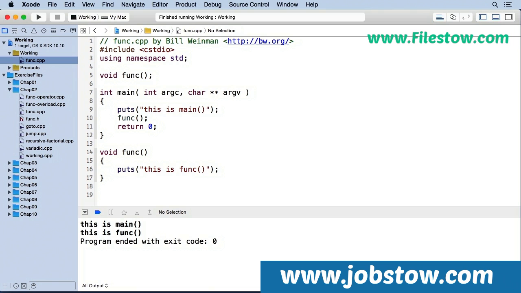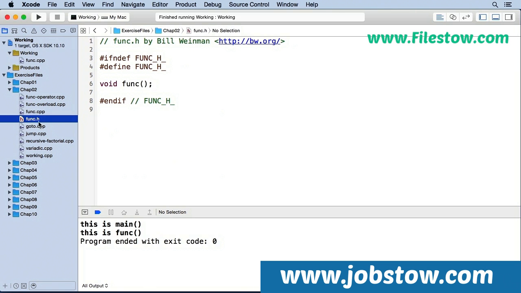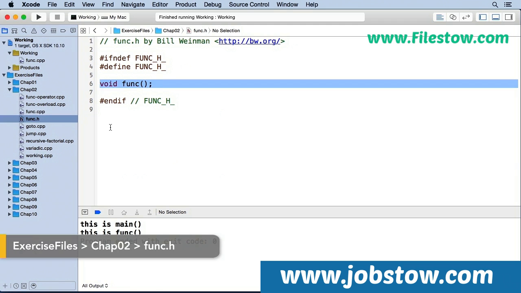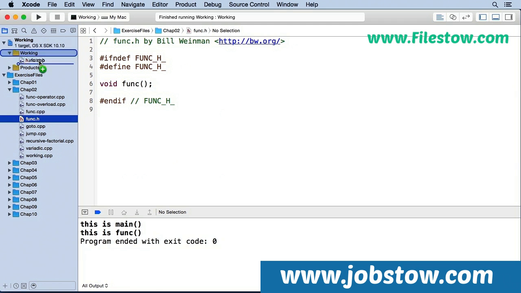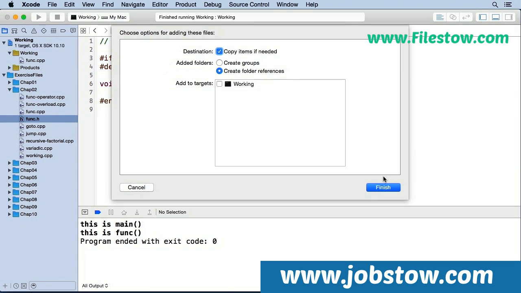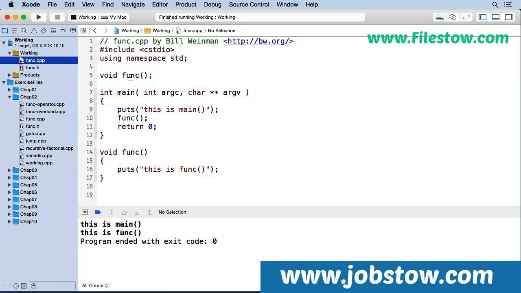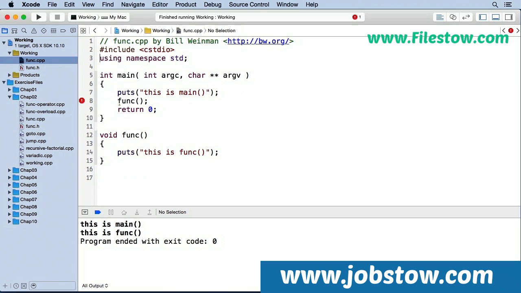This is not the common way to do this, however. The common way to do this is with a header file. So you notice here in the Chapter 2 exercise files, there's a file called func.h, which simply has that function forward declaration in it. And so if I drag this into my project and make sure I have copy set there, and now I come back in here, and instead of this, I say